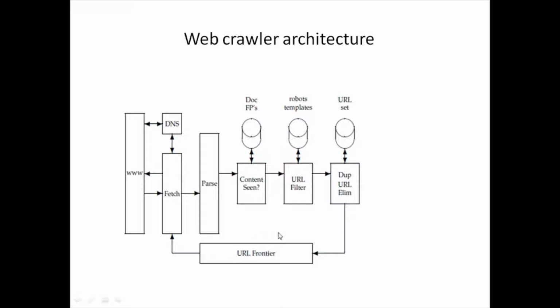Initially, the URL frontier will contain the seed set. The URL frontier contains the URLs to be fetched in the current crawl. In the case of continuous crawling, a URL may have been fetched previously but is back in the frontier for refetching. So that is the URL frontier module. Then we have the DNS module. The DNS module performs the DNS resolution. DNS stands for domain name service. It is the duty of this module to map the URL onto the IP address. So the DNS resolution module will determine the web server from which to fetch the page specified by the URL.